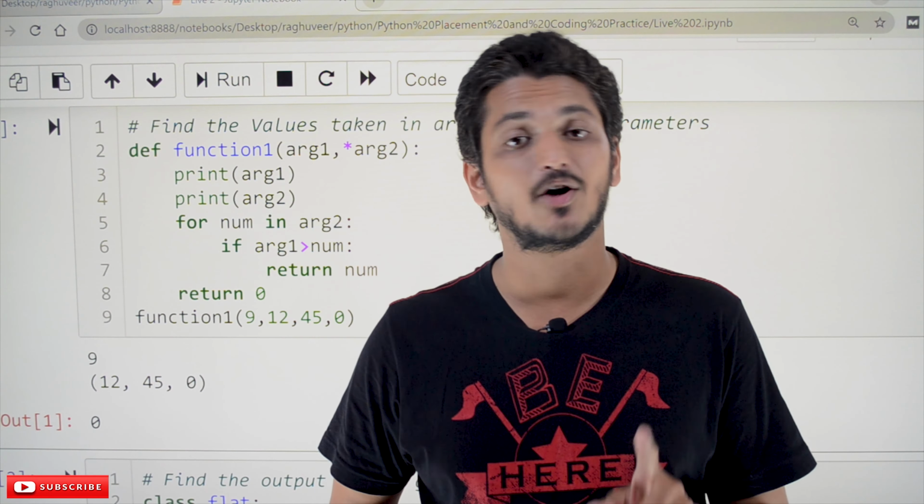So what's the next question is here. This is our next question. So here also we have to identify, find the output of the given code.